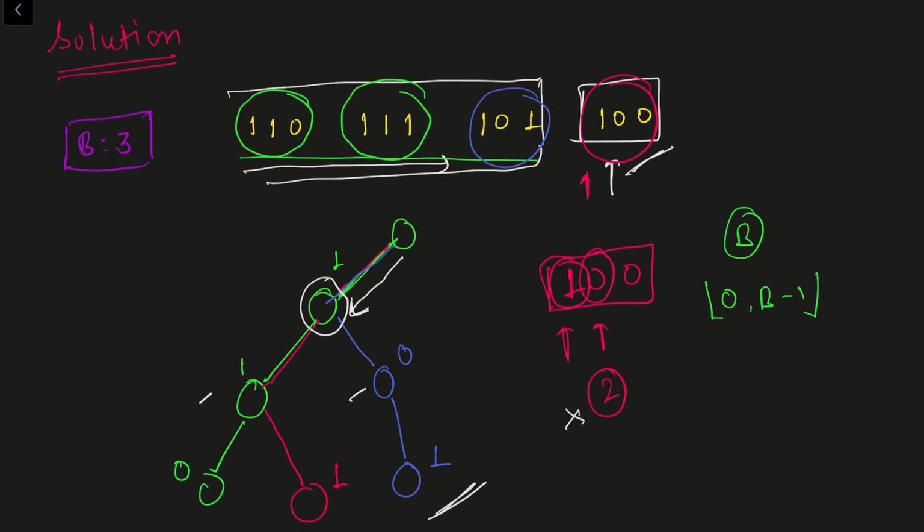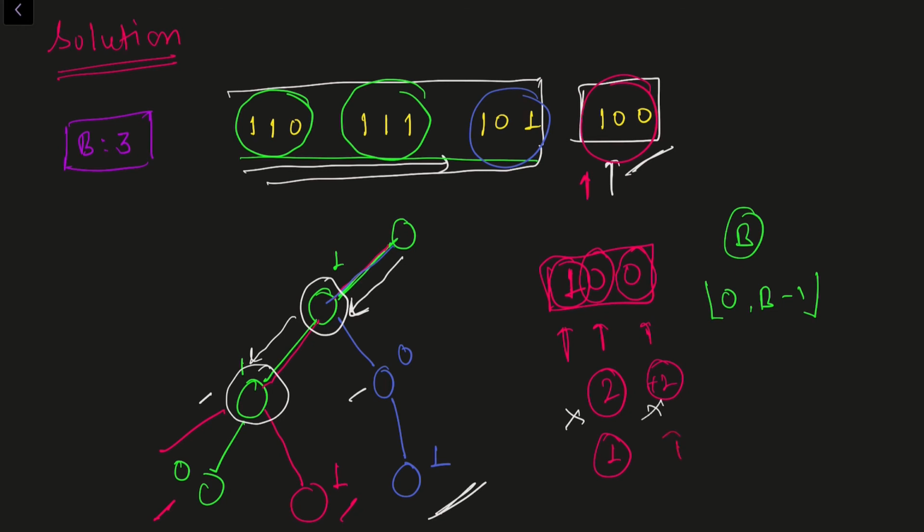So now I'll try to make it 1. Now we can see that we have 1 here, so I'll go there. Okay, we can make 1. Now that we are here, I'll iterate on the last digit. What is the best I can get at the last digit? I'll try to make it 2. So I'll search for 2 here. I won't find any 2's, right? We have only two nodes, 0 and 1. So again, I cannot make 2 here as well.